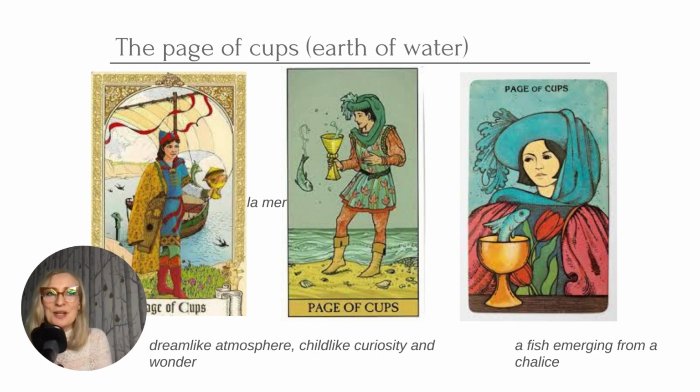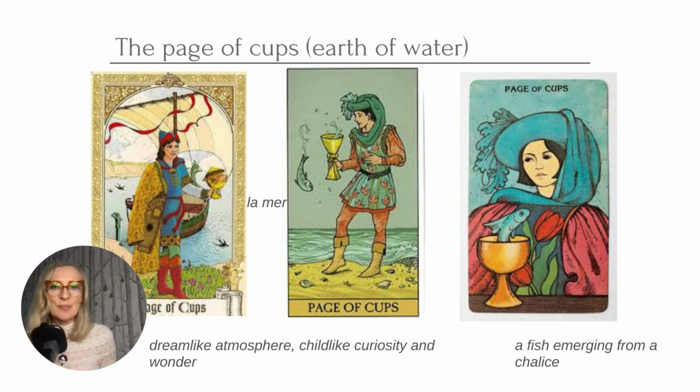All right, so here we are. We have arrived at the first of the pages, and we're going to talk about the cups first. The cups being the emotions, and probably what people are most interested in when they come for a tarot reading. And the Page of Cups will look something like this. So I've given you 3 different examples. We've got always the presence of water. It's a water suit, and water represents the emotional body.